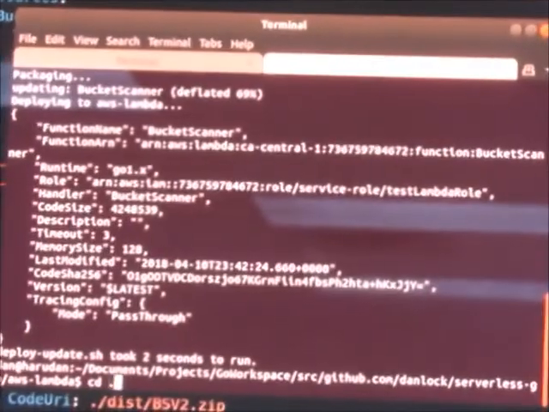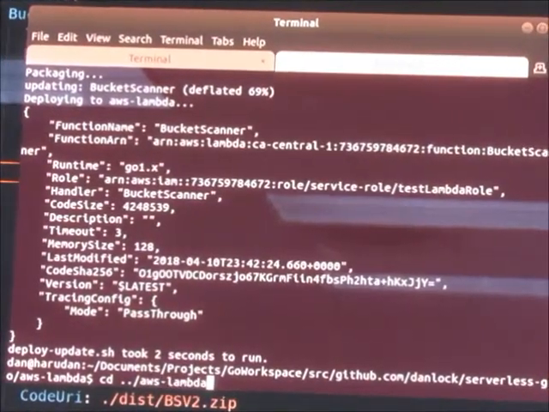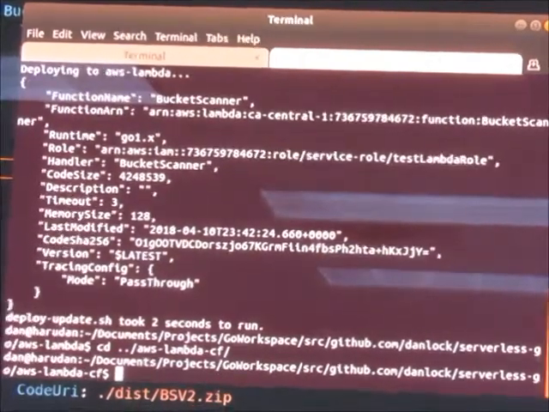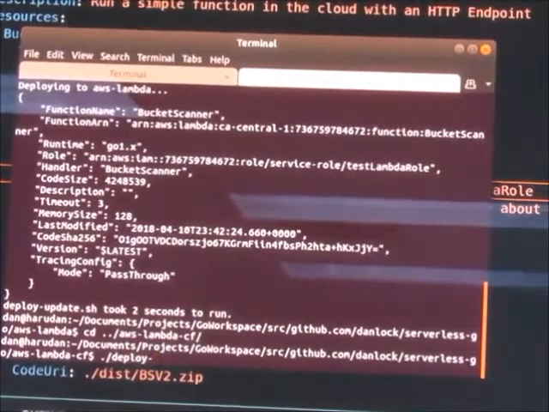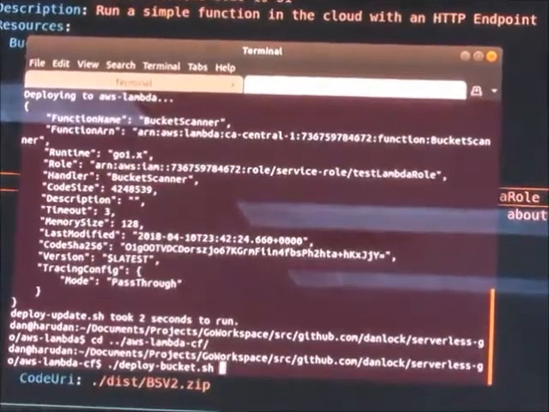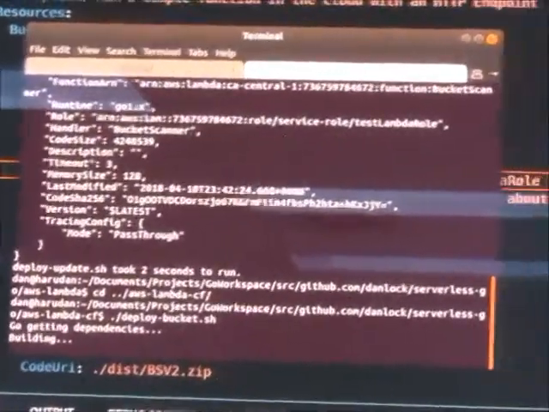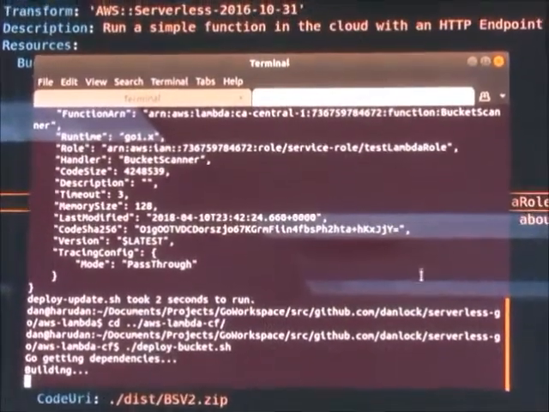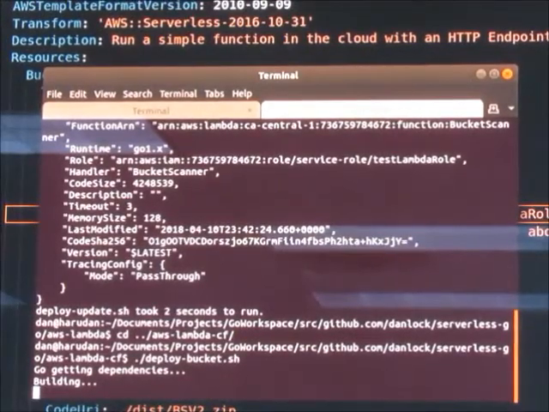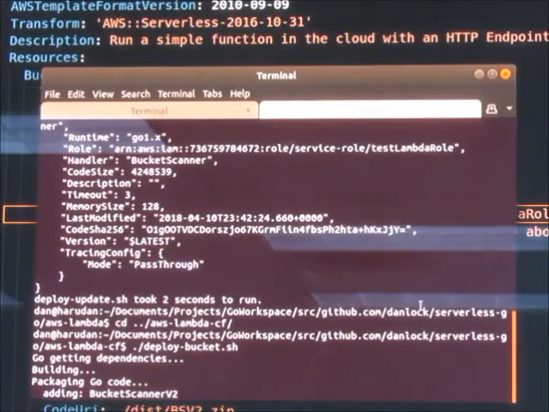So yeah, now we'll just run that script. Build it.